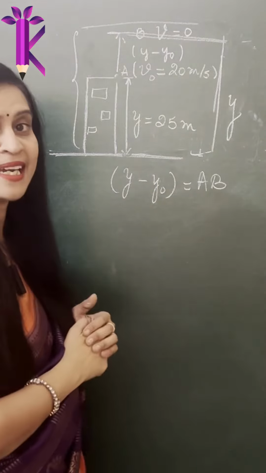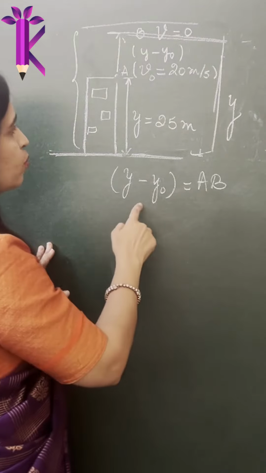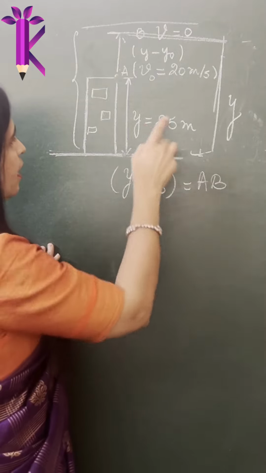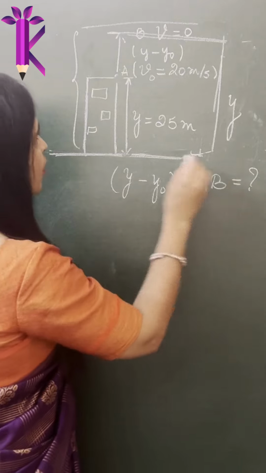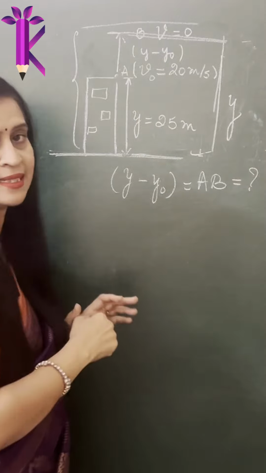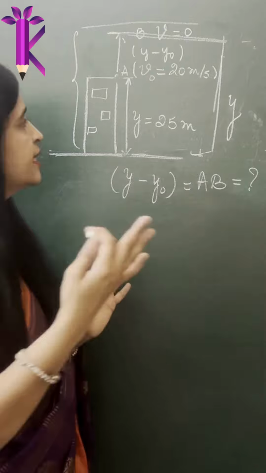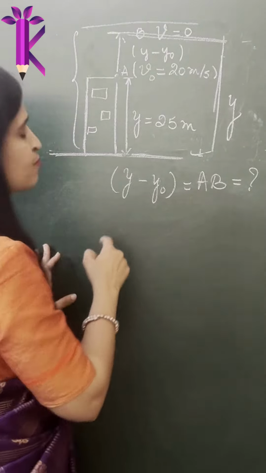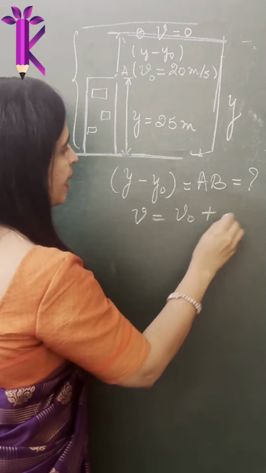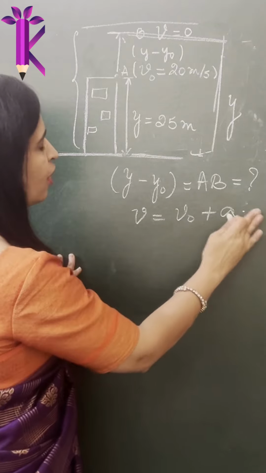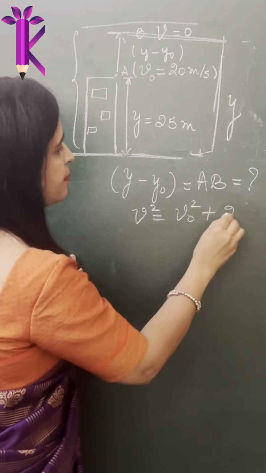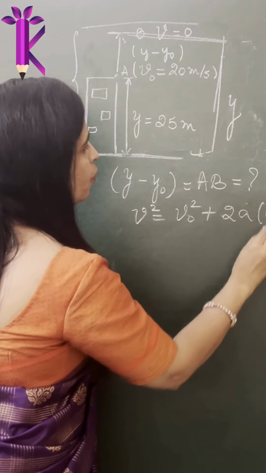So how do you calculate this? First of all, we know this is an unknown quantity. You know v naught, you know the final velocity, and you have to calculate the distance. So what is the equation of motion that connects these three quantities? It is v is equal to v naught plus at. Sorry, not that. You have to use v square is equal to v naught square plus 2a into y minus